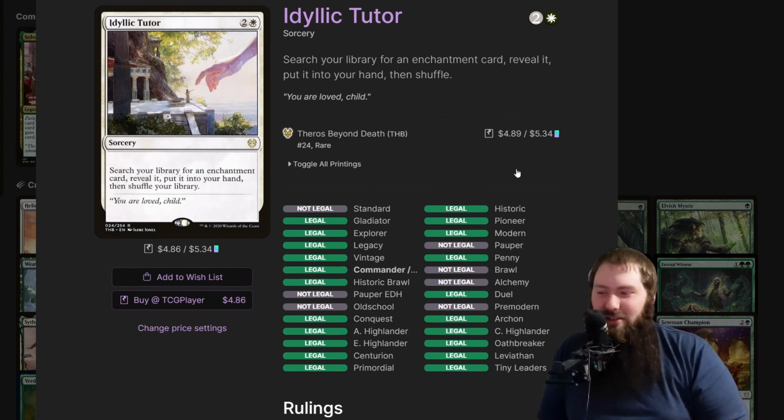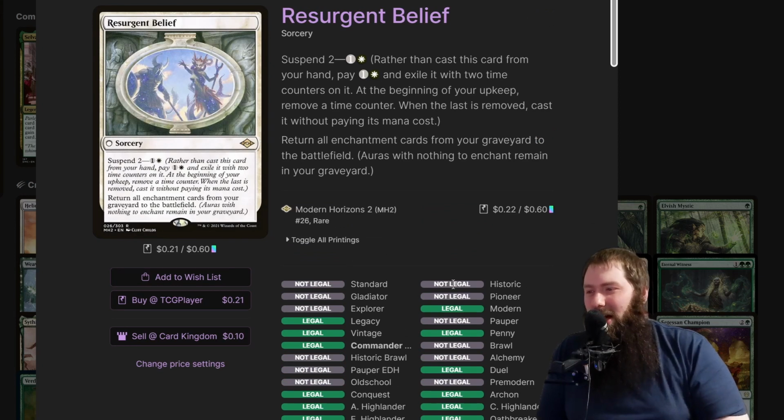Idyllic Tutor, obviously just a standard tutor, but it's an enchantment tutor, which is fantastic, and it's only 3 mana, so it's not bad. It goes to your hand, which is great. It's only $5. Also great. Resurgent Belief. This is...